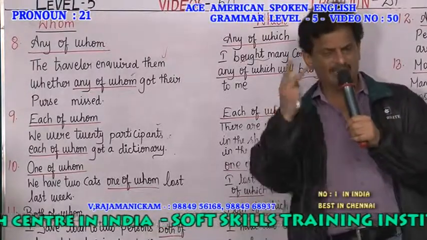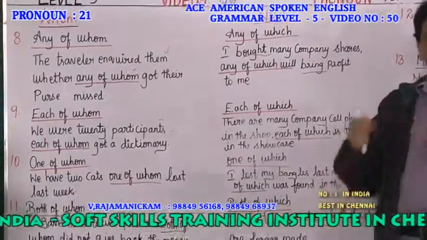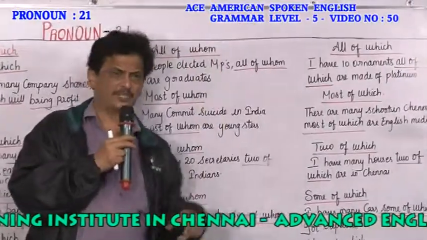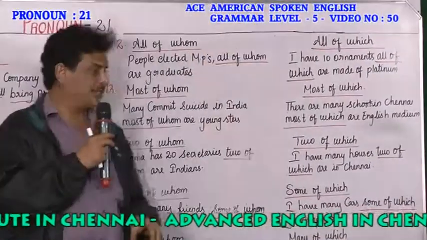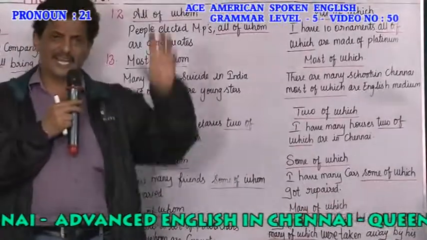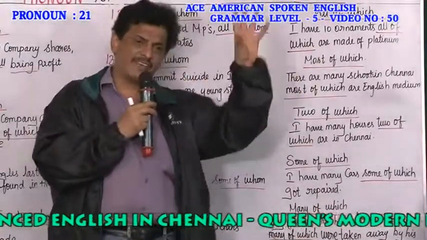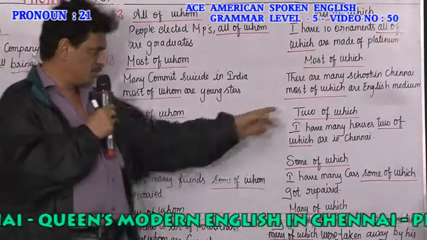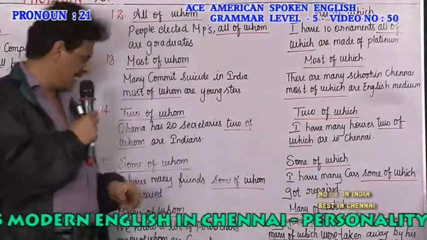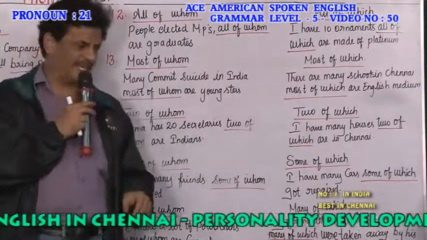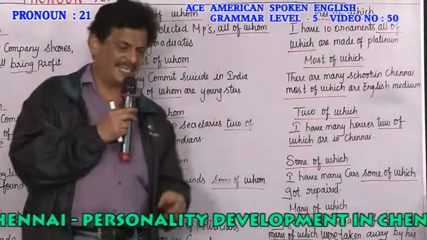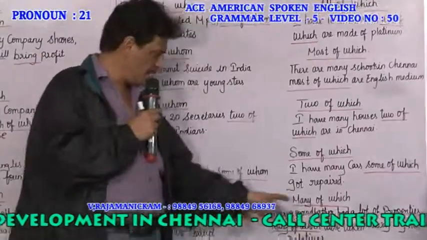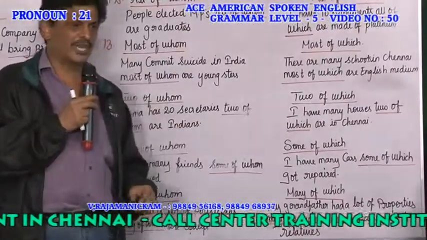Both of whom, அவர்களில் 2 பேரும். Both of which, அவைகளில் 2. All of whom, அவர்களில் அனைவரும். All of which, அவைகளில் அனைத்தும். Most of whom, அவர்களில் அநேகம் பேர். Most of which, அவைகளில் அநேக பொருட்கள். Two of whom, அவர்களில் 2 பேர். Two of which, அவைகளில் 2 பொருட்கள். Some of whom, அவர்களில் சில பேர். Some of which, அவைகளில் சில. Many of whom, அவர்களில் நிறைய பேர். Many of which, அவைகளில் நிறைய பொருட்கள். So நண்பர்களே,